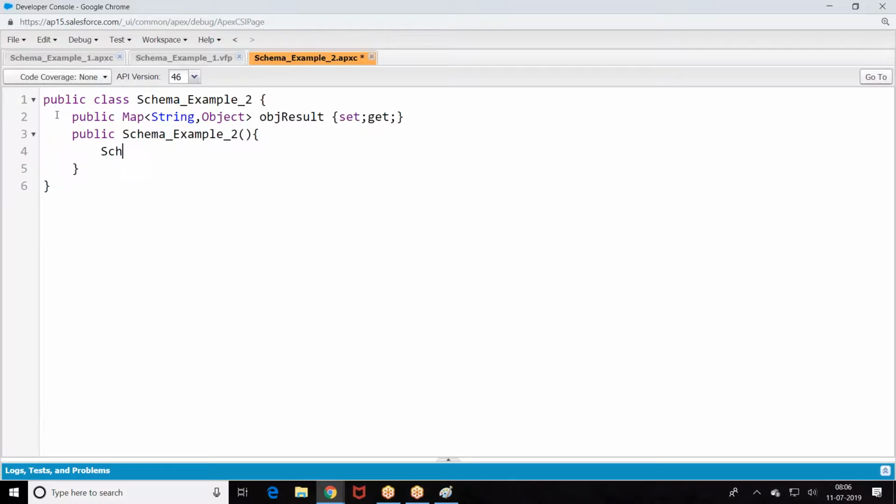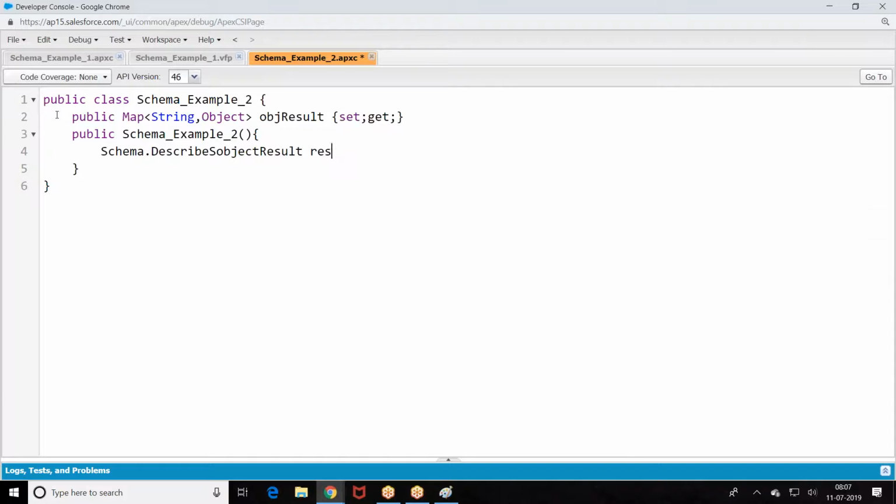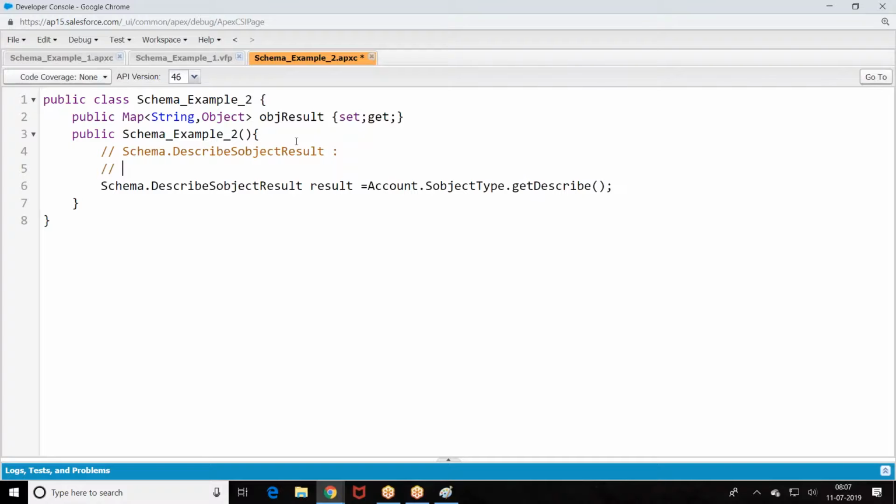So here we have Schema.DescribeSObjectResult. Account.sObjectType. Schema.DescribeSObjectResult.